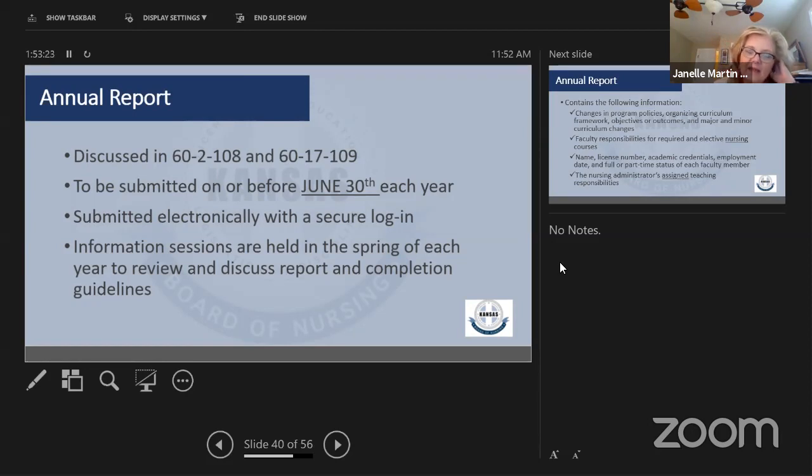But in terms of this particular annual report, the process seemed to work fairly well this year. I didn't have a lot of people have trouble getting in. I did have a couple that were having trouble with making sure their submissions were holding, that the information they were putting in was staying.